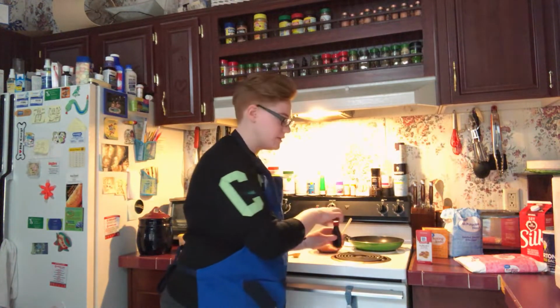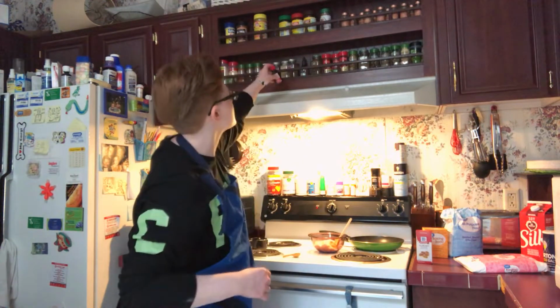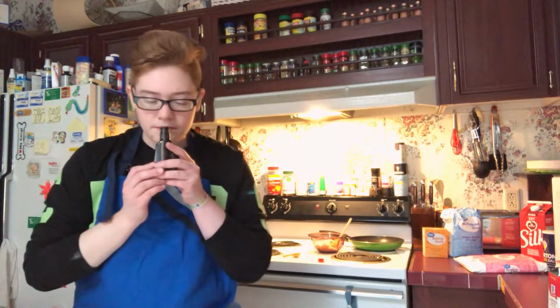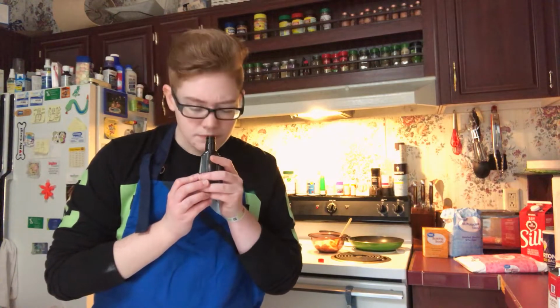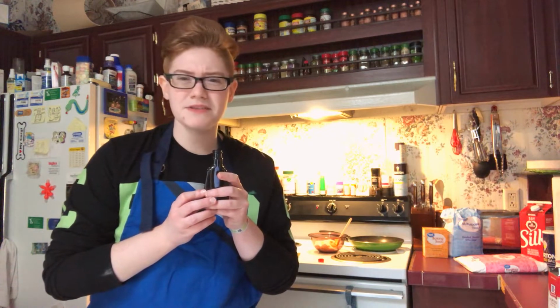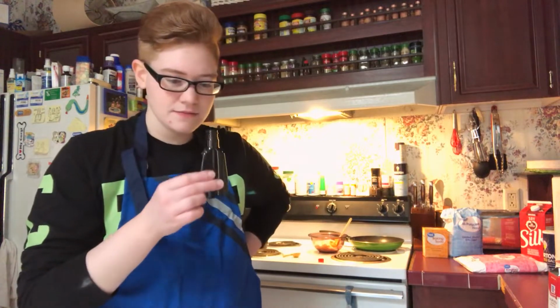I feel like I have the worst kitchen layout ever for baking videos, but this is all I've got. I've never used almond extract before. What do you smell like? It smells like a certain candy, but I can't place it. Or a certain kind of sweet that I can't place. It doesn't smell like almonds, it just...